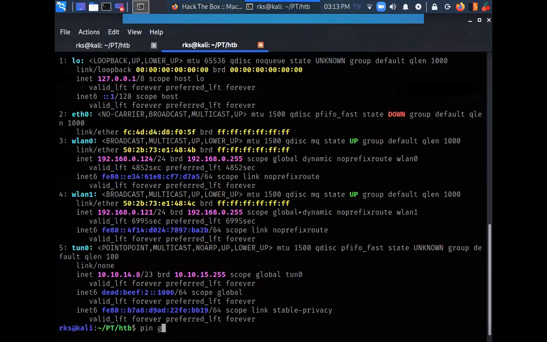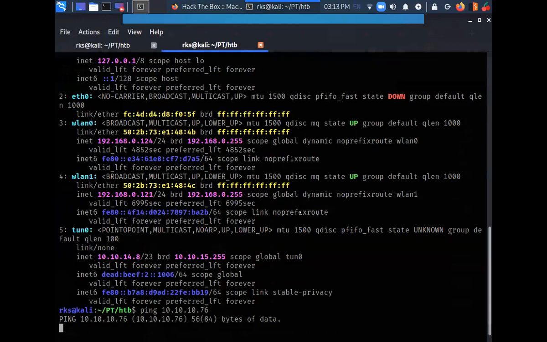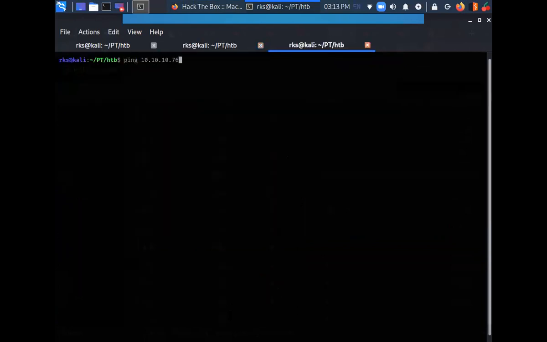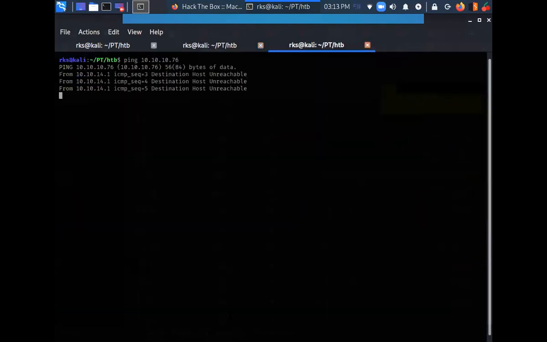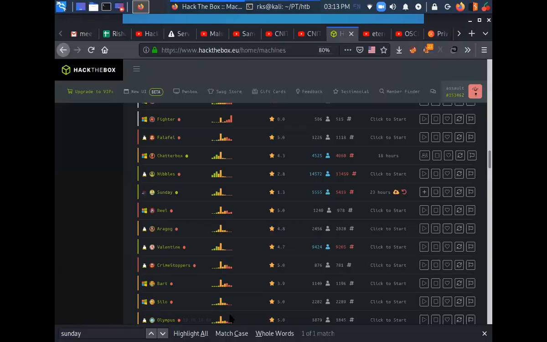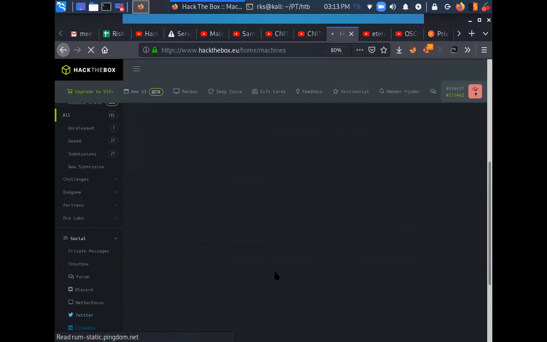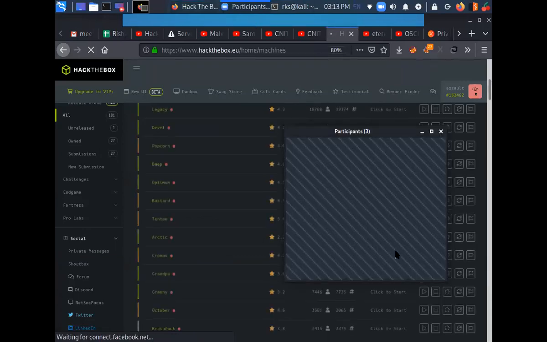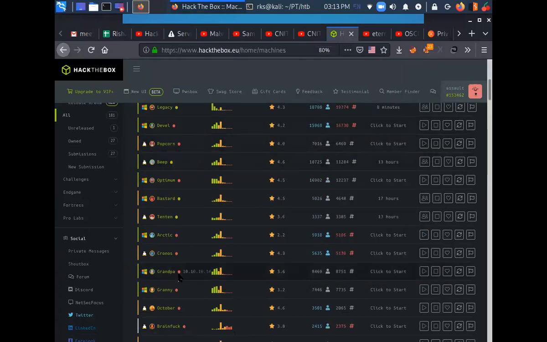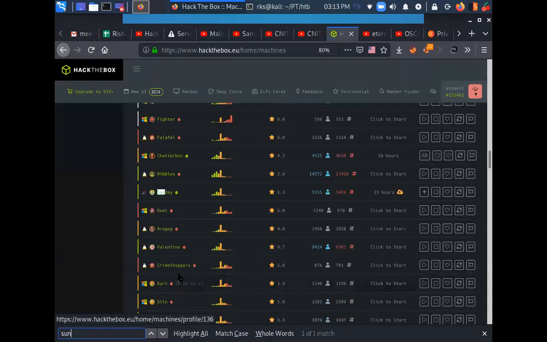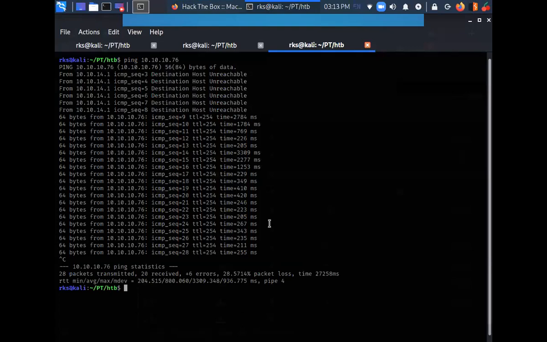Let's try to ping the target machine. Yeah, so now we are able to ping the target machine.